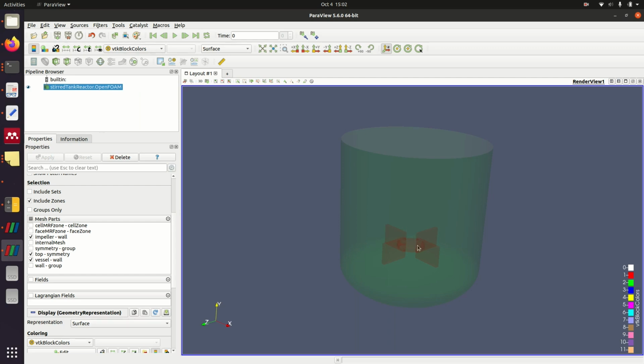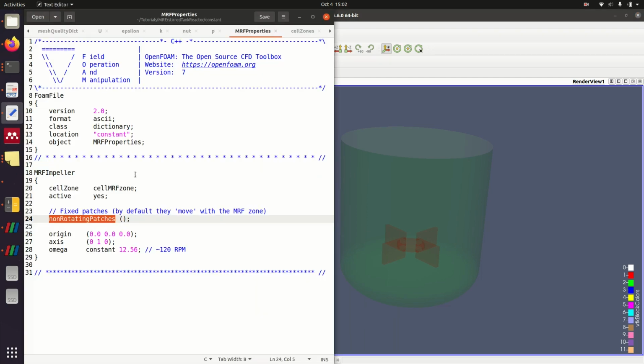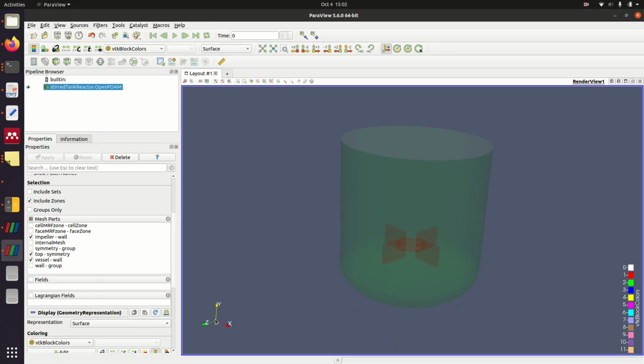For example, if you have extra patches included in this zone, but you want to define that this part is not rotating, you just need to include the patch name here to say that this patch is not rotating. And then the origin of the rotation and the axis,